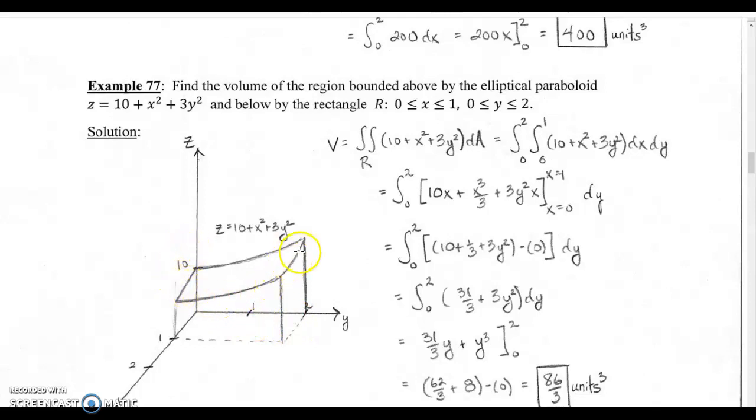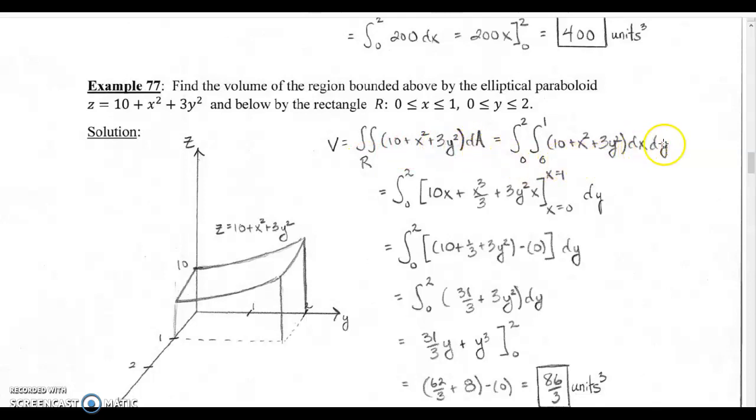And you can see I've tried to draw it a little bit so you can see what it's like. But when you integrate a function of two variables over a rectangular region in the xy plane, what it does is it gives you the volume underneath that surface, that function 10 plus x squared plus 3y squared, down to the xy plane. So integrating a double integral over R of that function dA is the same thing as saying